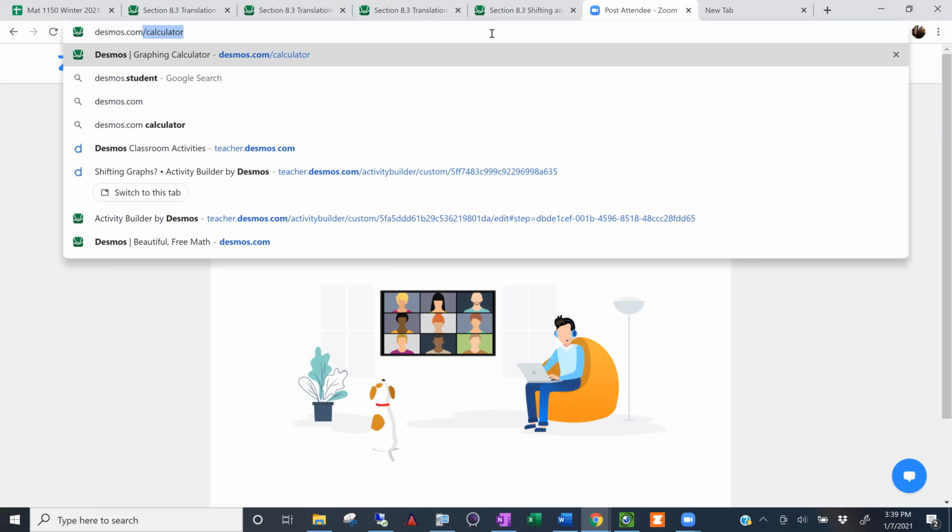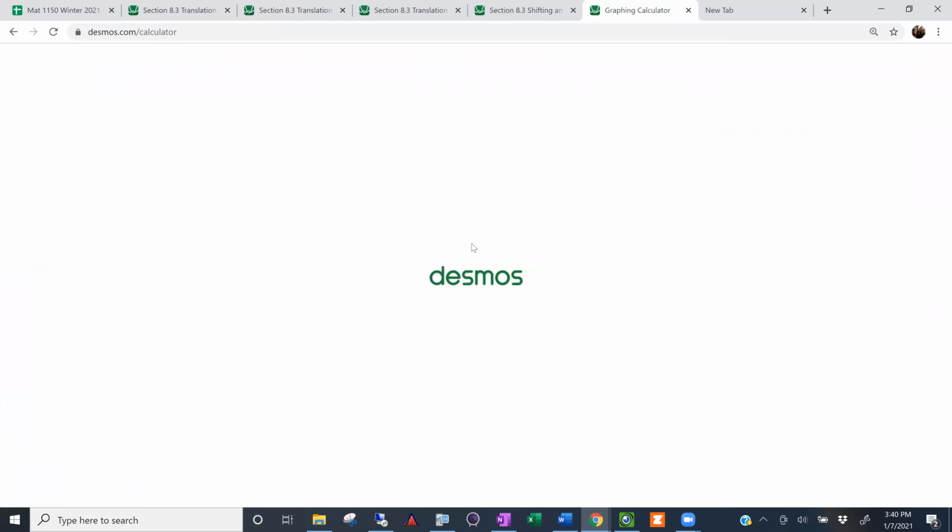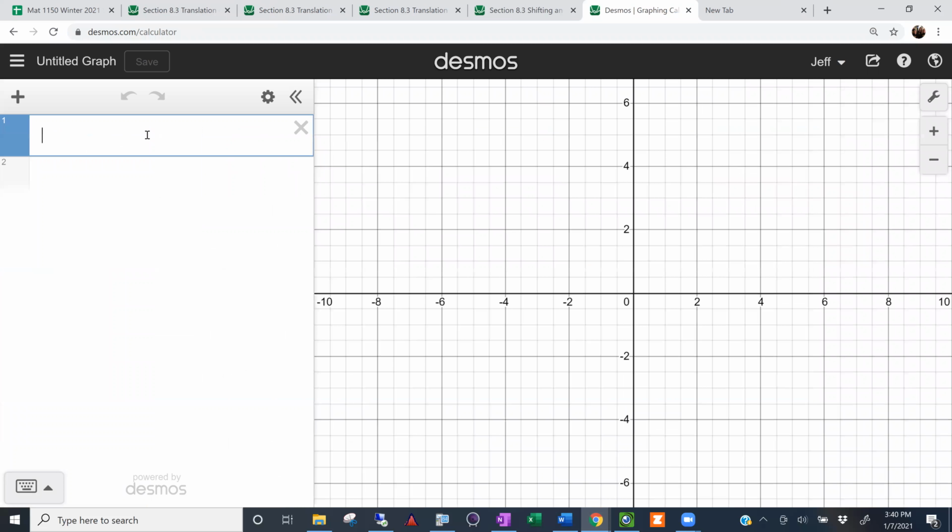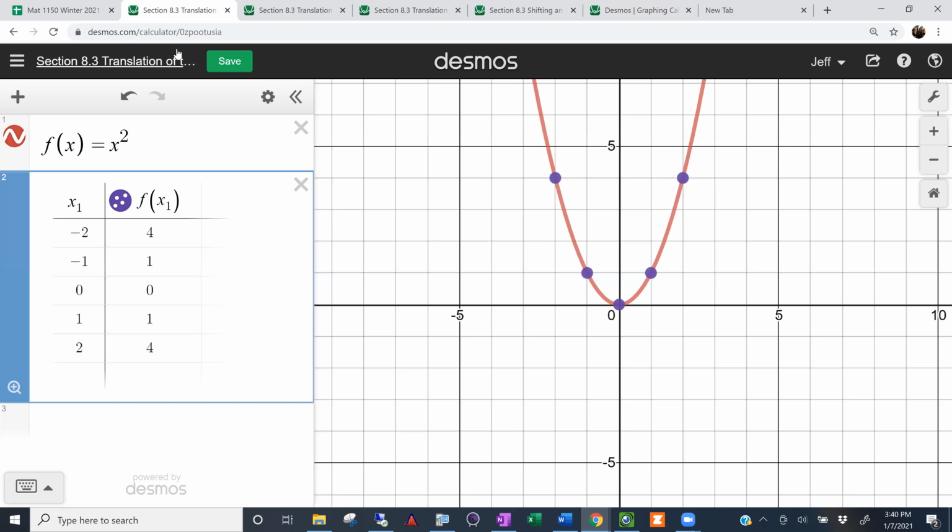desmos.com. I don't think it'll ask you to sign in, but it may. And we can type in our own equations there. I'm going to do it back on this graph here. So let's take a look at some other functions. For instance,